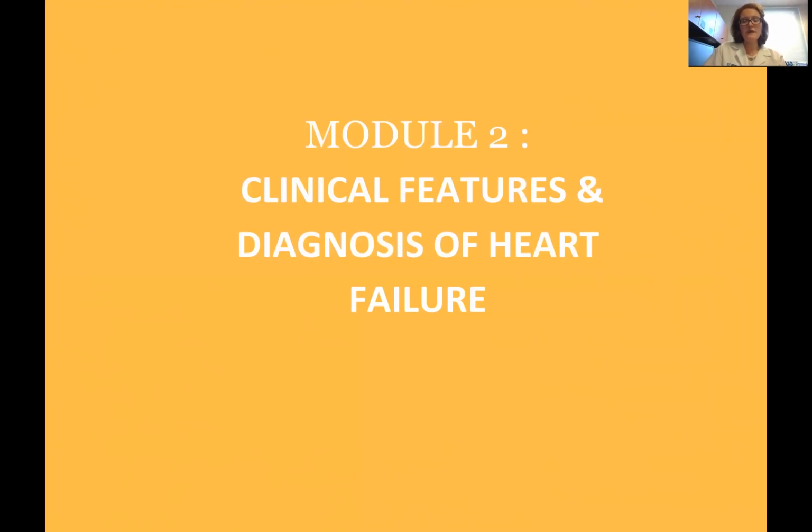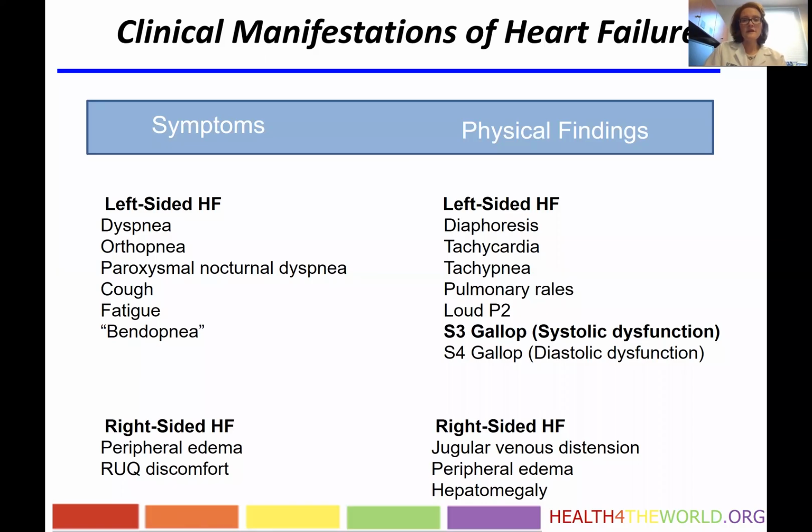Next, we'll move on to the clinical features and the diagnosis of heart failure in a patient. So the clinical manifestations of heart failure may include symptoms and also clear physical exam findings that we can detect when examining a patient. So on the symptoms category, left-sided heart failure symptoms are often because of increased pressure in